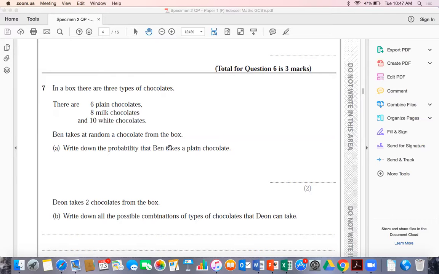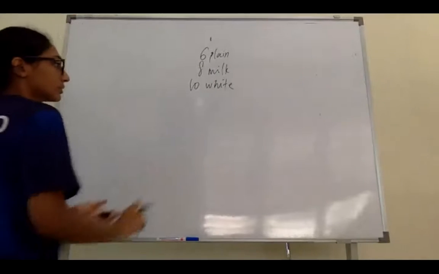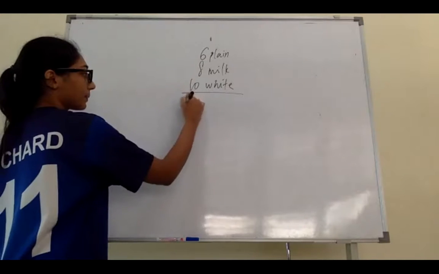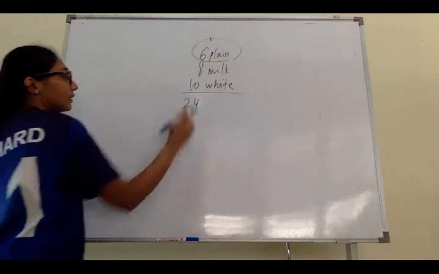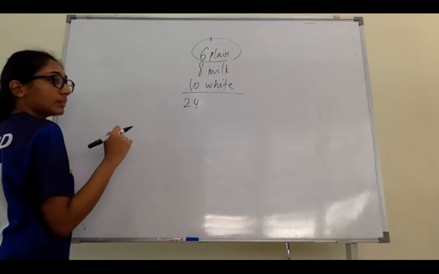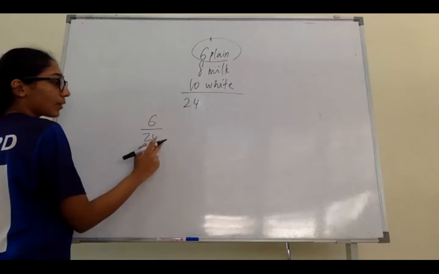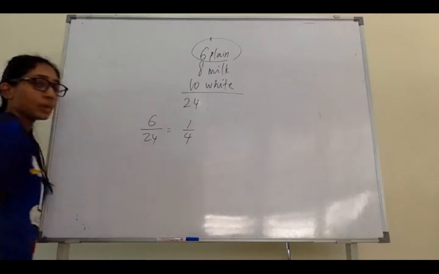6 plain, 8 milk, and 10 white. Okay, so now the question says, he takes at random a chocolate from the box. Write down the probability that he takes a plain one. So, how many chocolates are there altogether? 24. So they're asking for plain. How many out of 24 is plain? 6. So the probability of taking the plain out of the total will be 6 over 24, which is 1